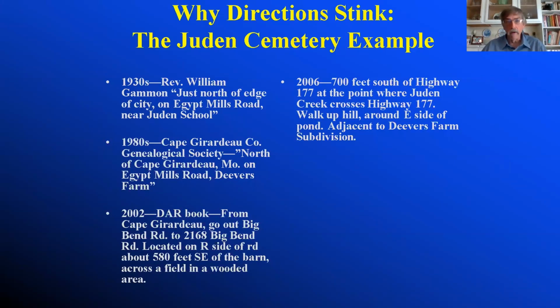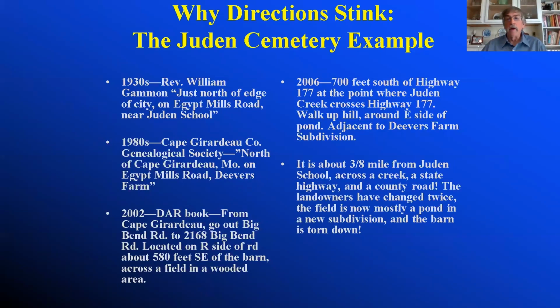They got better. It's about 3/8 of a mile from Juden School, across a creek, a state highway, and a county road. Landowners have changed twice in that length of time. The field is now mostly a pond and a new subdivision, and the barn is torn down. So,